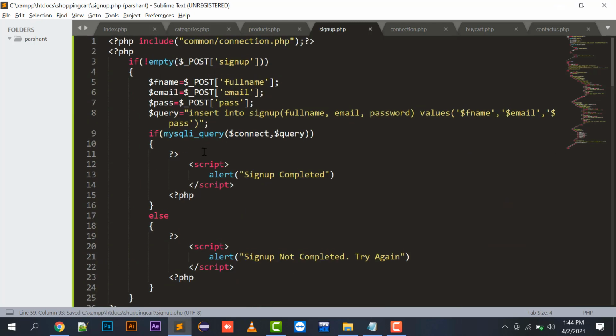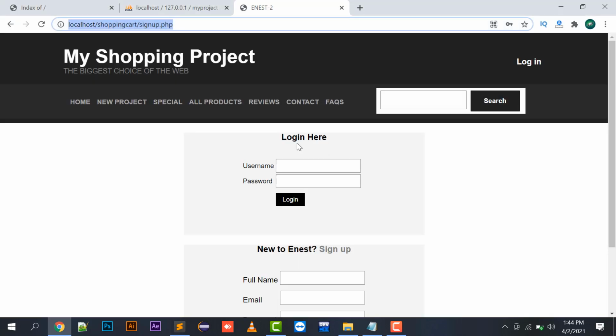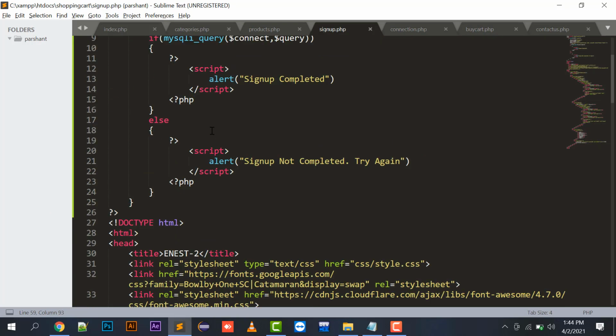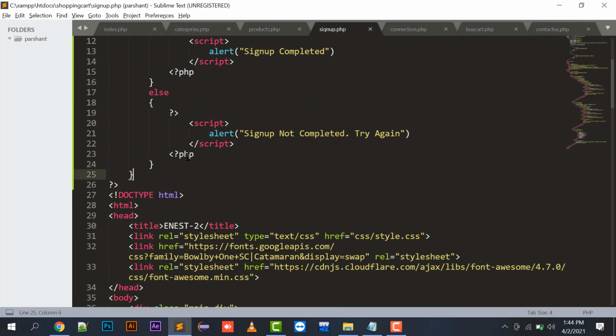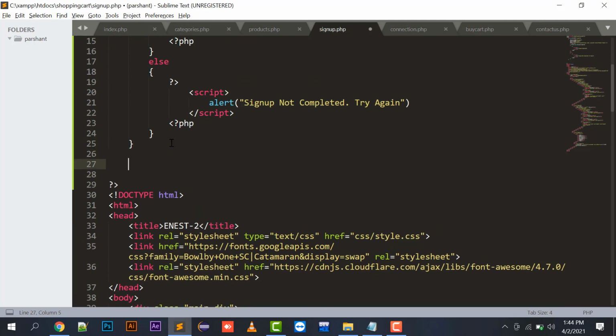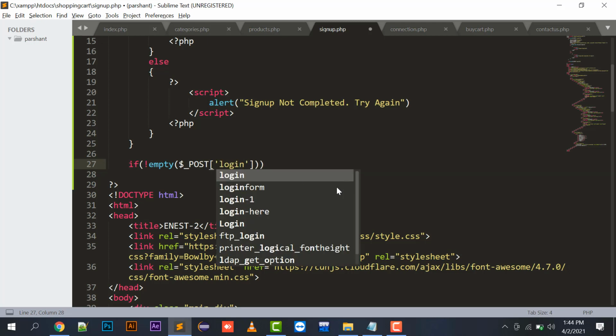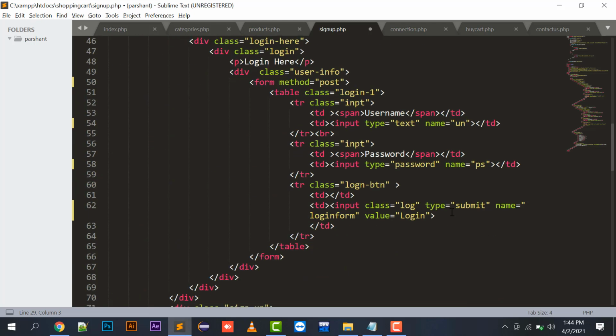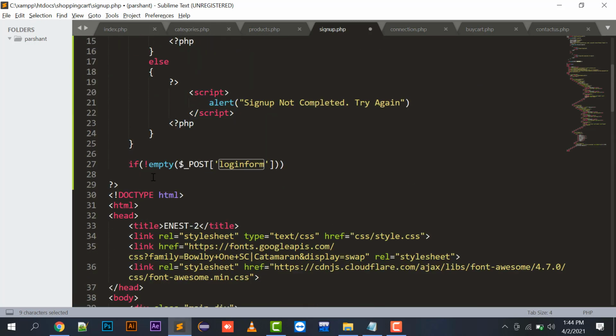Again, when I click on this form, it will be calling its own file only. This is my sign up form block, and now I will be creating my login form block. So $_POST, I think I have given it as login form. Yes, login form.